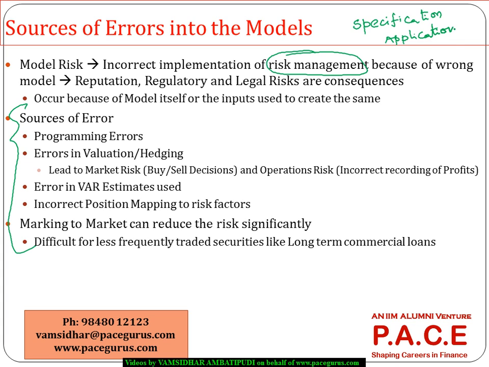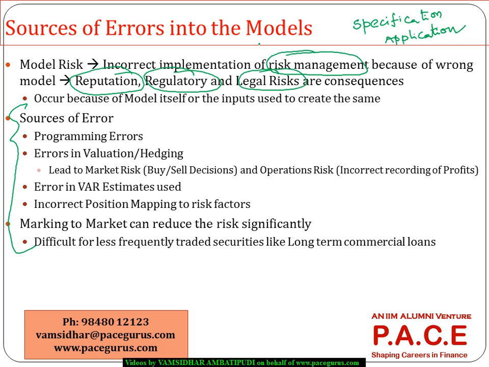But apart from the losses from those dimensions, this may even lead to a reputation loss or reputation risk. Some regulatory risk can crop up, legal risk can crop up,